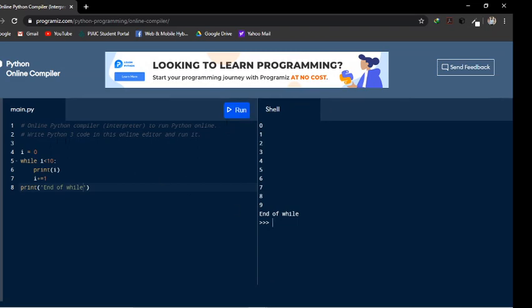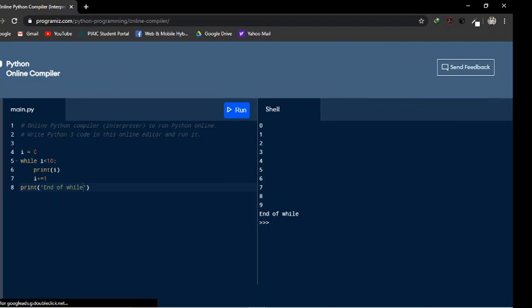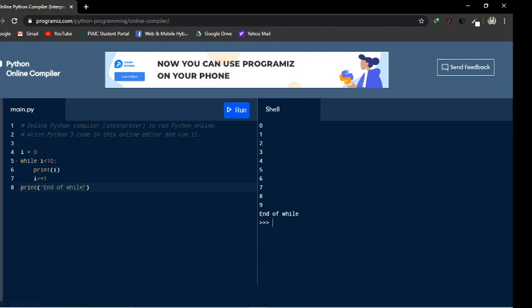Let's see what's happening here. First we assign 0 to i, and then we check the condition. Is 0 less than 10? The condition becomes true, and then we come inside the while loop and print i. Then we increase the value of i by 1. i becomes 1, and again we check the condition: is 1 less than 10? It's true, so we come inside the while and print the value 1.